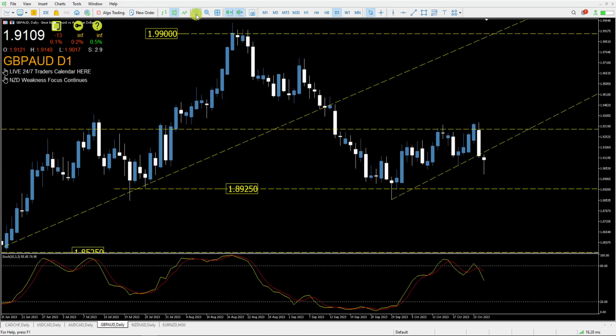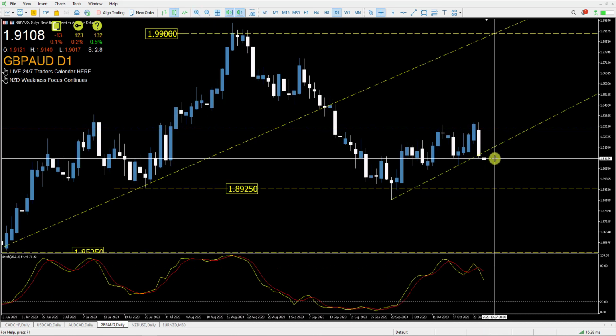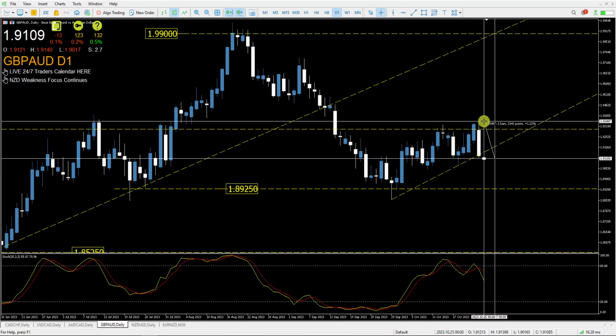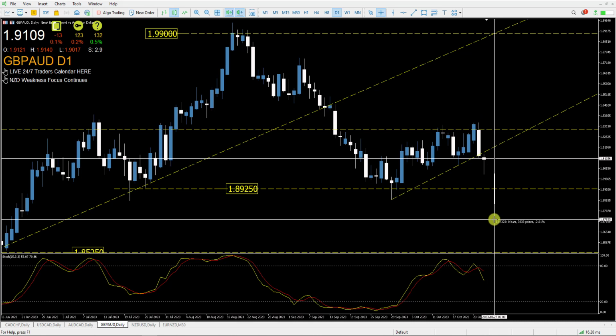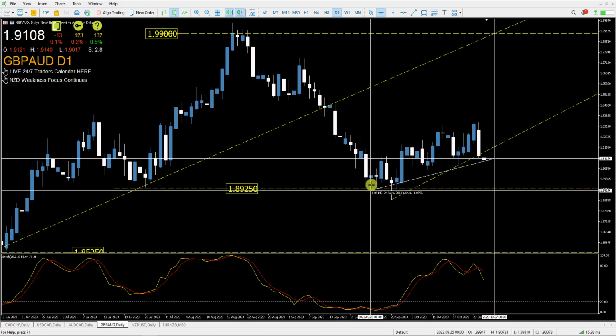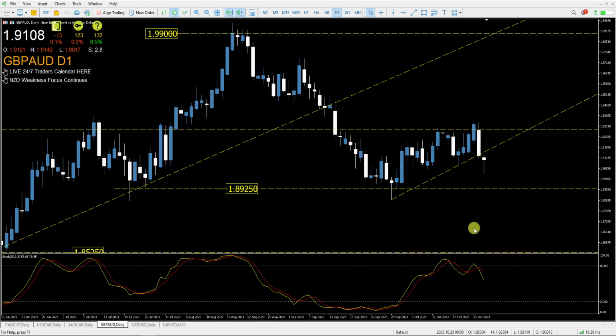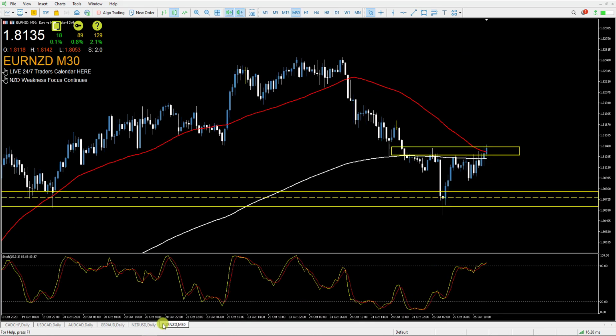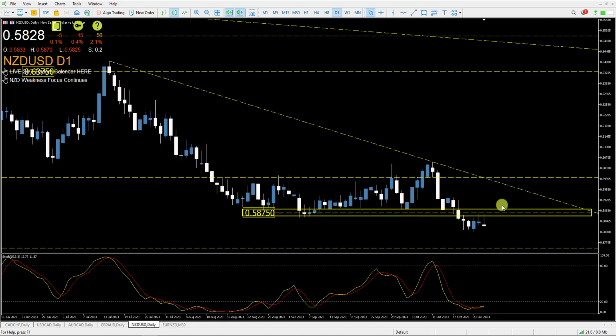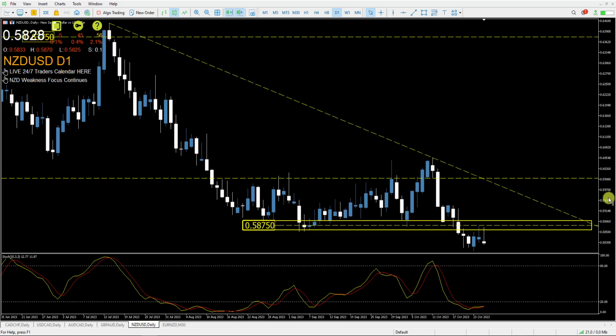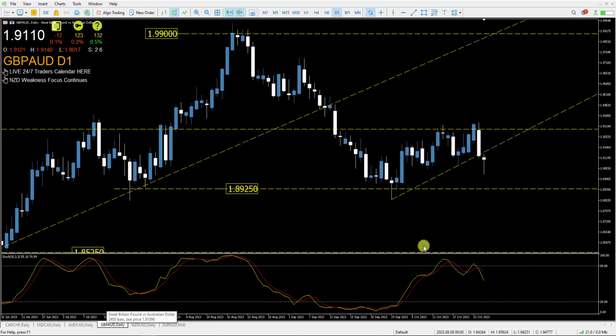But I do quite like this, and like I said, the daily chart could offer us a little bit of an entry in terms of we could look to sort of enter the previous day's low, stop at 234 pips. The only problem with that is we're negative R down to this support, so we'd have to target the next support down here, which I think is something that we possibly could do in that sense. But the two favourite charts at the moment, Euro Kiwi, Kiwi US dollar, I think that this one has some room to go. Although we do have lots of data out today for the US, there could still be some potential downside in this market. Pound Aussie I really like